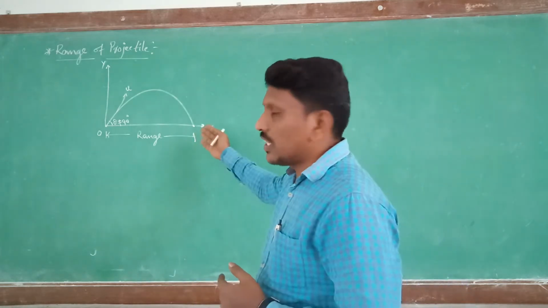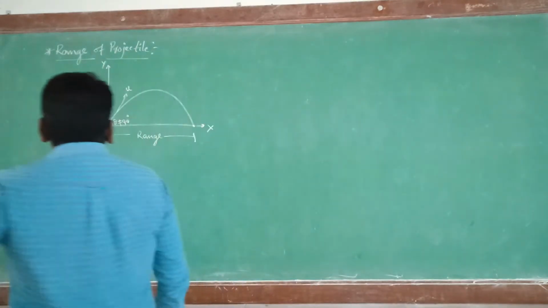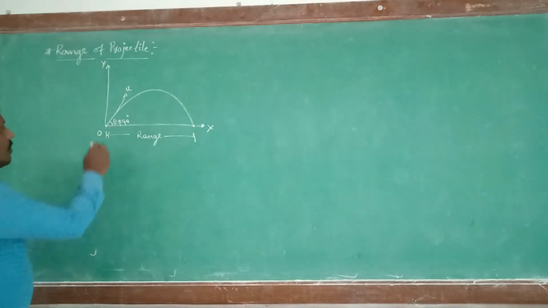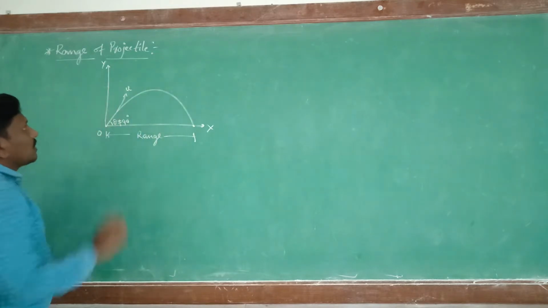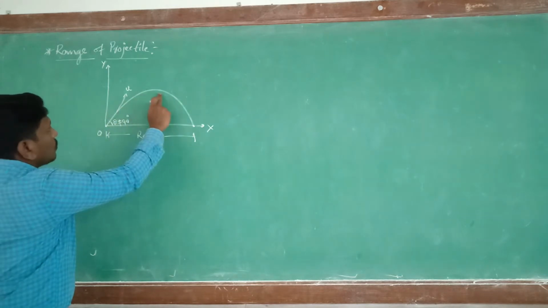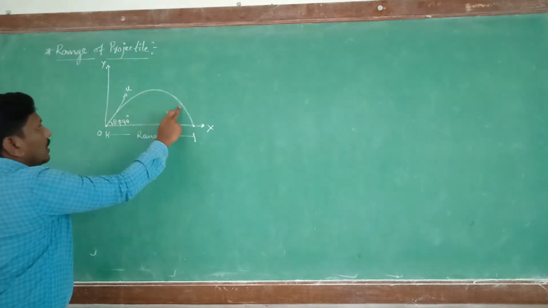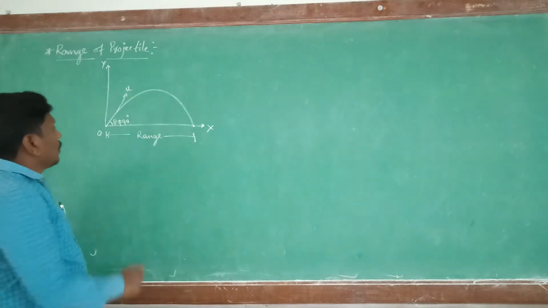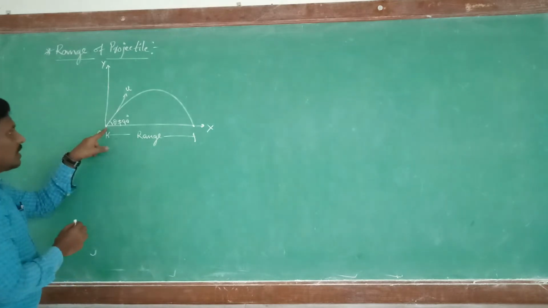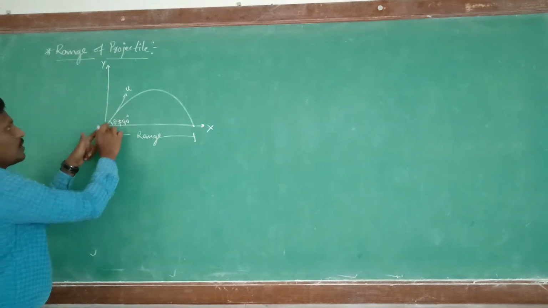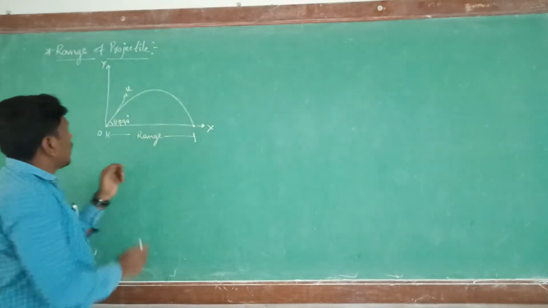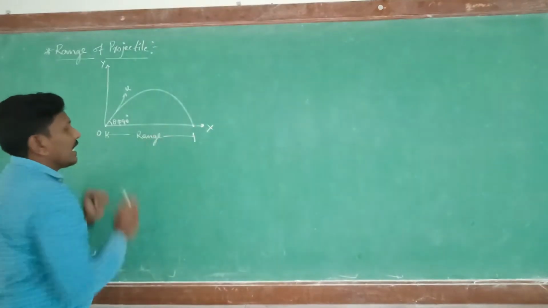Now let us go through the diagram first. So we know that this is the x-axis and y-axis, drawn from the origin point. When an object is thrown with some initial velocity u at an angle other than 90 degrees, then this stone or object travels in a parabolic path. This is the point from where the object is thrown, and this is the point at which the object reaches. And the distance between the 2 points is called the range.